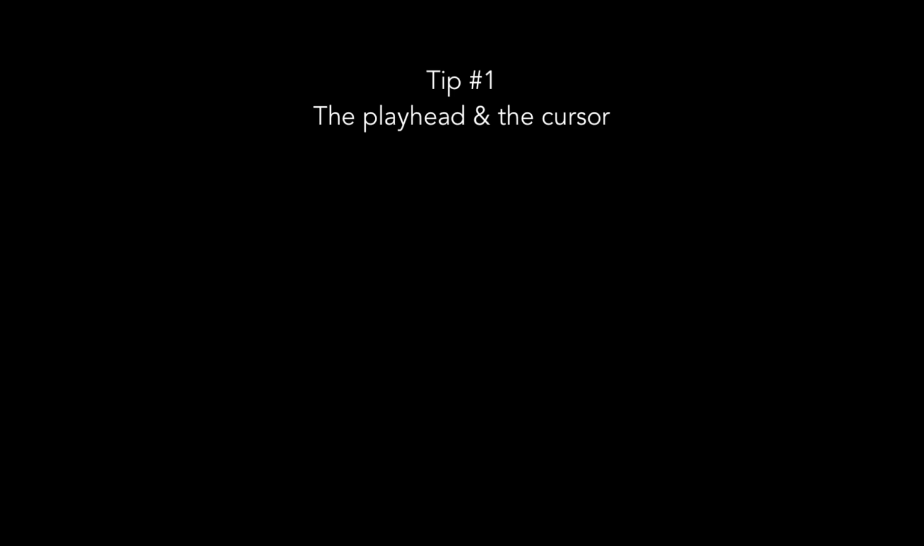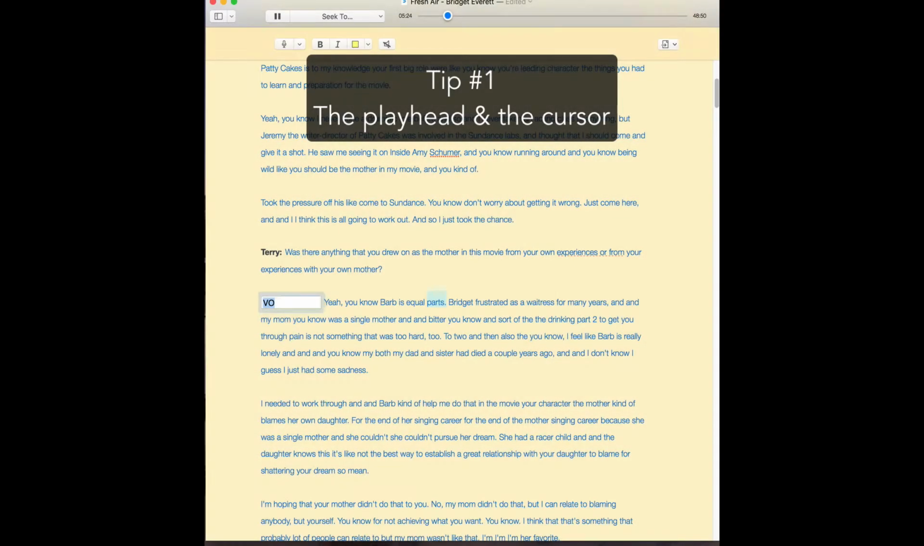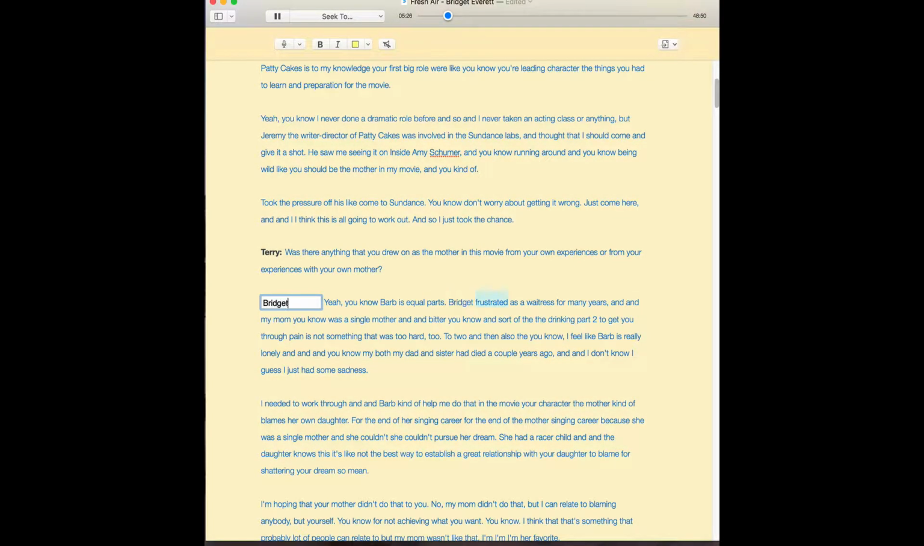Tip number one is really about definitions. We have the playhead and we have the cursor. The playhead is what's moving as you're playing. It highlights the currently playing word. And the cursor is the blinking cursor, and you can use the cursor to make edits while the playhead is